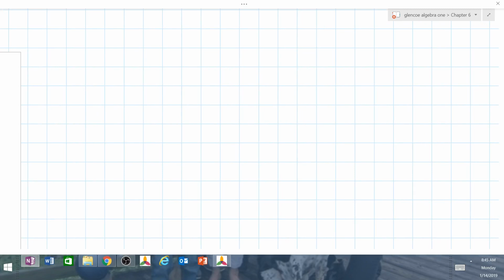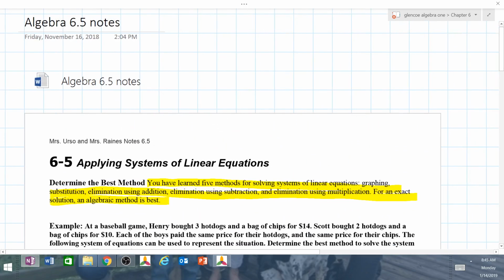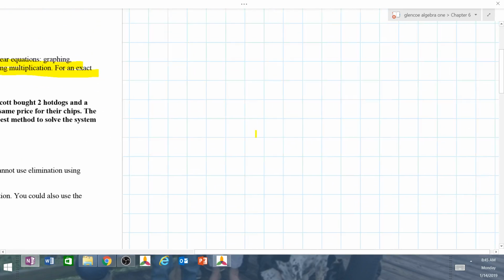So here we go. 6.5. I think I am too far down in the lesson? I'm in the wrong place, that's why I can't find it. Give me 1 second. Here we go. Alrighty, so